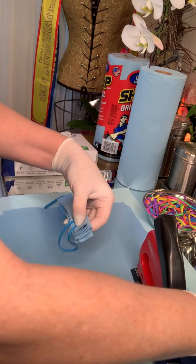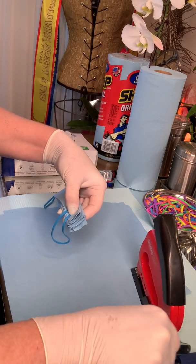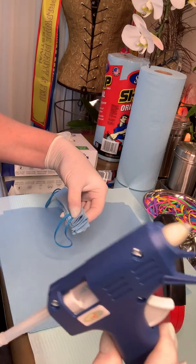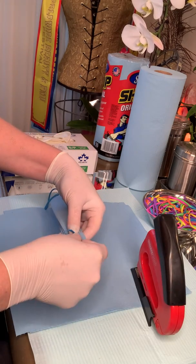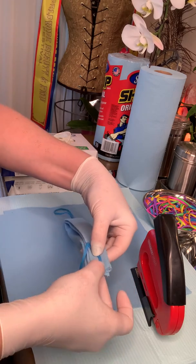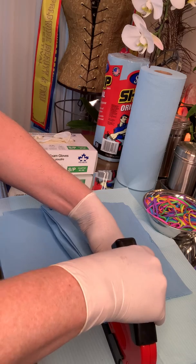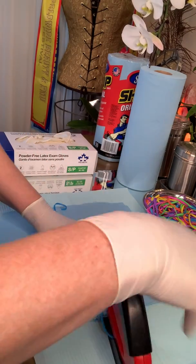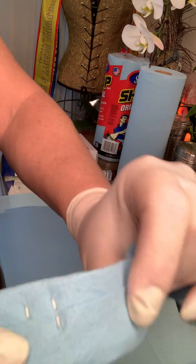My stapler with 400 staples was $4 at the dollar store. The whole bunch was $3 at the dollar store. And this was $3 at the dollar store. And you can use either of them, whichever one you feel most comfortable with. So now we're going to take the other side, same thing. We're going to go into the stapler, ka-kunk, 1 and 2, and voila, nice and tight,